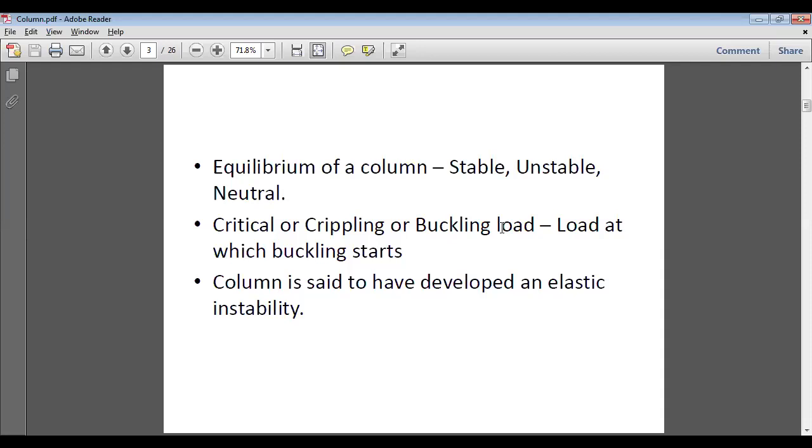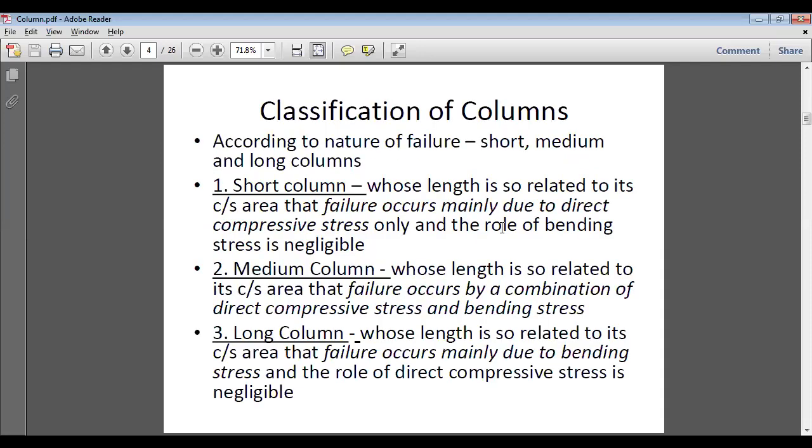The maximum load that a column can be subjected to is the critical load, and we apply load below the critical load. We don't have to reach the position where plastic deformation or permanent deformation starts. So we have to take care of it so that we design good columns so that they don't fail at all.